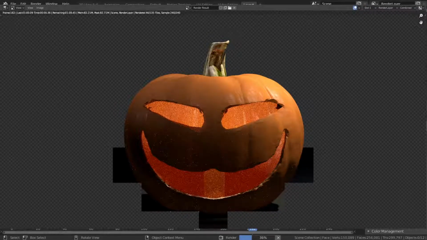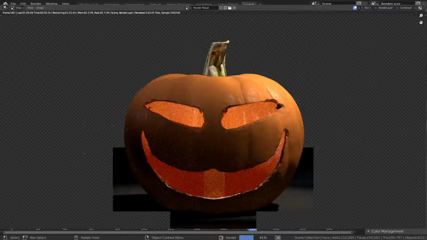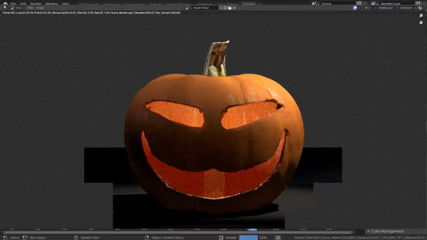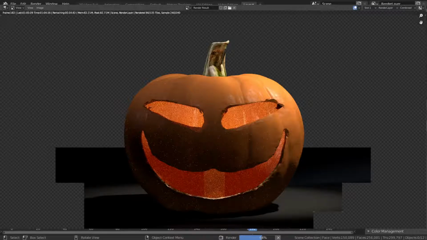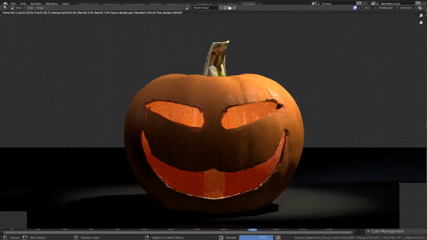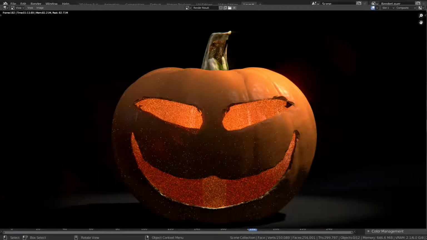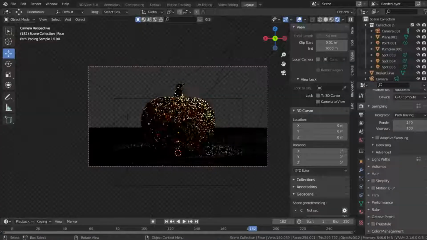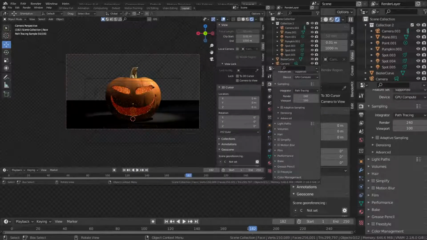Alright. I'm just gonna let that render out for a little bit. Make sure the lighting looks good and everything. I like how the spotlights come down and it kind of creates this shadow around the pumpkin. Alright, so this is going to be what the final render looks like, which is very noisy, which we should go ahead and close that. I don't know why it duplicates to this,